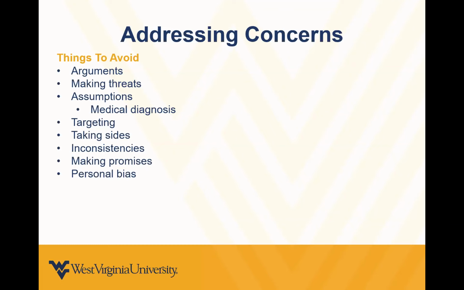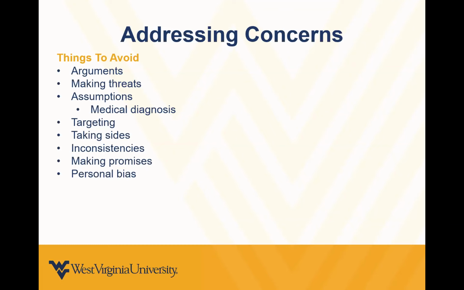Inconsistencies. You should avoid being inconsistent when addressing issues. If student A and B violate policy, they should be documented the same and addressed the same. Just because student A is your friend doesn't mean that you can let student A slide. This isn't fair to student B. This can also make it challenging for other staff members when they have to speak to student A about the same issue. When our staff are not consistent, students lose faith in our ability to appropriately address issues in the community. This will make you and our staff look bad.